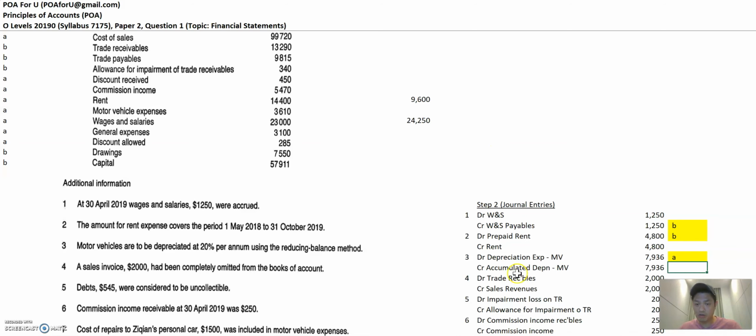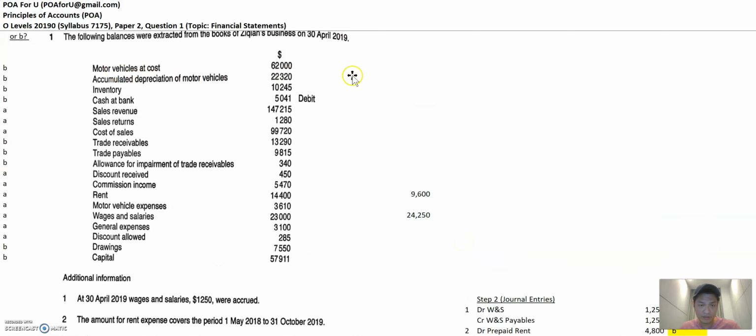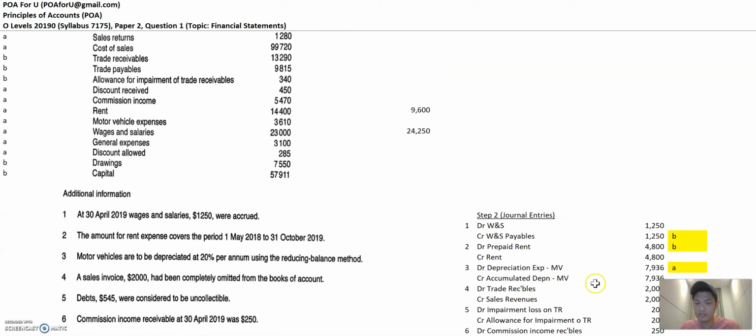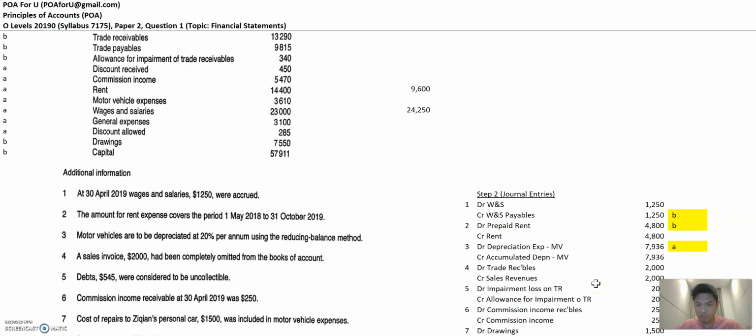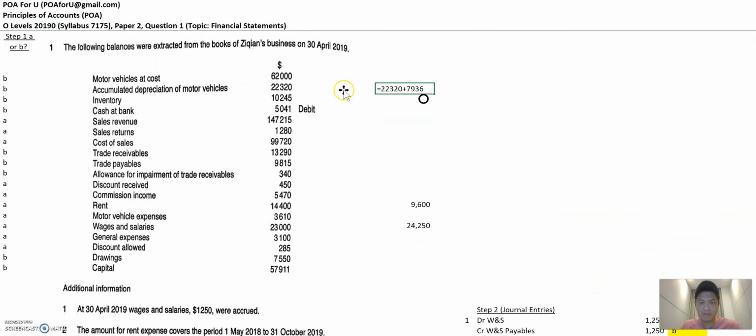Accumulated depreciation, credit 7,936. So I'm going to go back to accumulated depreciation here. Now 22,320, I'm going to plus 7,936 because accumulated depreciation is credit in nature. So when you credit this, you then add to the balance here.